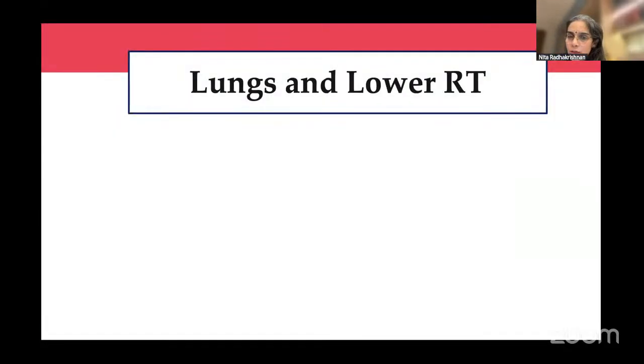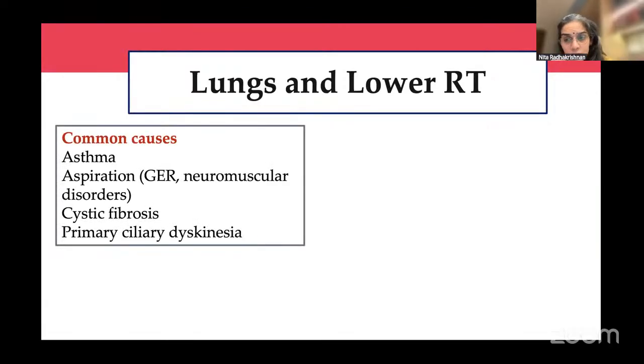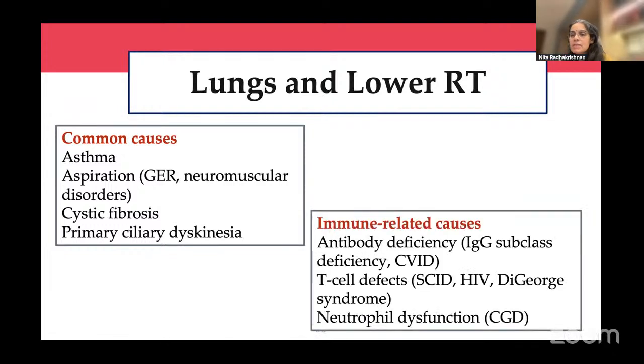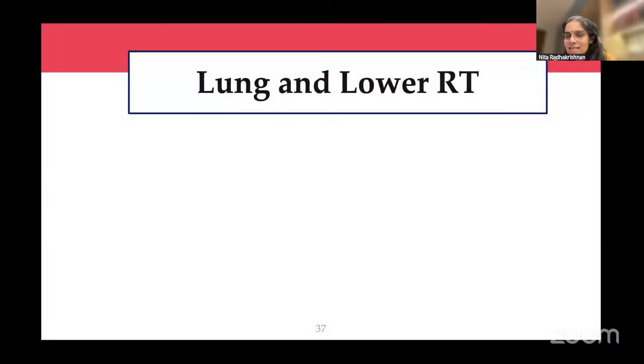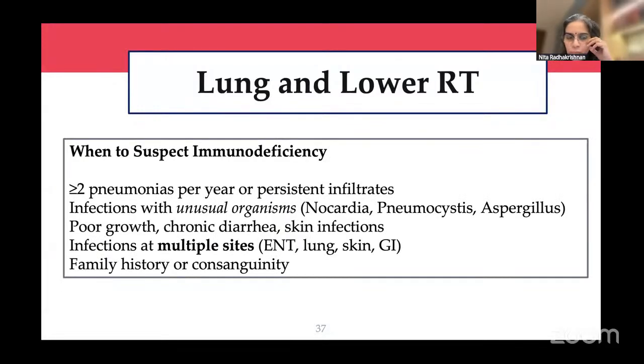What about the lung and lower respiratory tract? Again, common conditions, so many of them. Starting from the newborn period, if there is recurrent pneumonia, you have so many conditions, congenital anomalies in the lung that could cause it. The tracheoesophageal fistula could cause it. Patients who have GER, again neuromuscular disorders, cystic fibrosis, ciliary dyskinesia, asthma. Again, recurrent respiratory symptoms are common. Among the immune system, here again antibody deficiencies top the list, and after this you will have combined immune deficiencies, and finally the CGD group of disorders also present with persistent pneumonia or recurrent episodes of pneumonia in these patients.